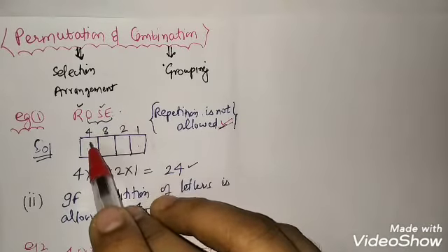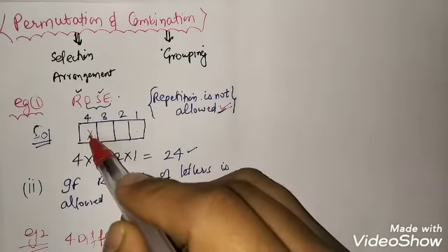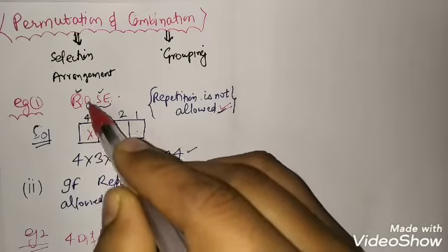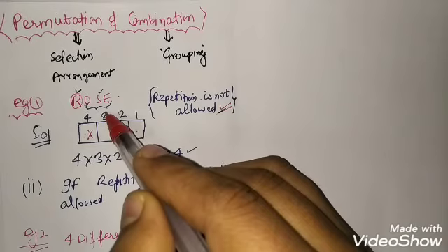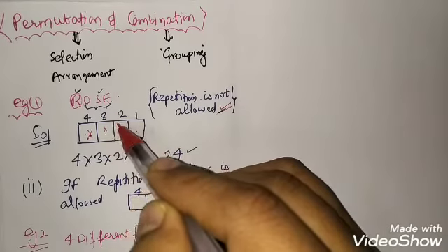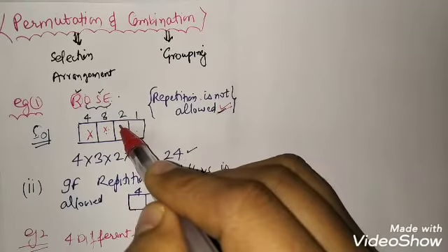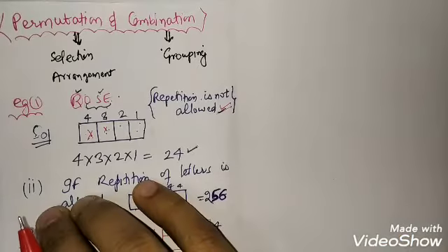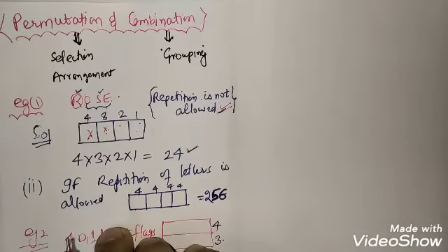Whenever I use 4 different letters for that particular box, if I fill that particular letter over here, I am left with 3 letters. For the second box, we are having 3 different choices to fill that particular box. So here it is 3. For this, it is again filled over here, and we are having 2 chances. Then 1. We can multiply this and we'll get the answer to be 24 if the repetition of letters is not allowed.